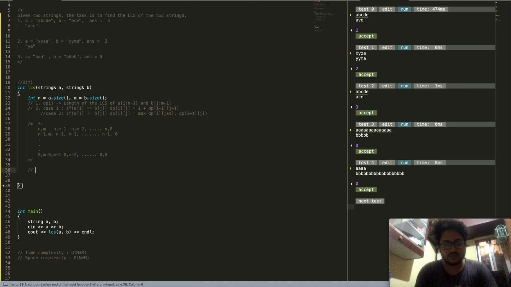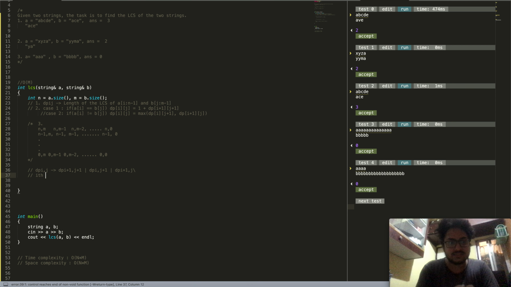the recurrence relation. If you have a look at the recurrence relation, you will realize that dp of i comma j depends upon dp of i plus 1 comma j plus 1, or it depends upon dp of i comma j plus 1, or it depends upon dp of i plus 1 comma j. So if we focus on this dependency over here, we will realize that